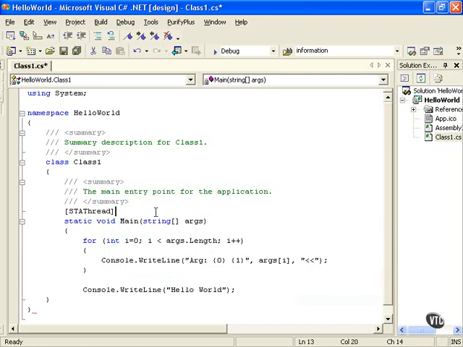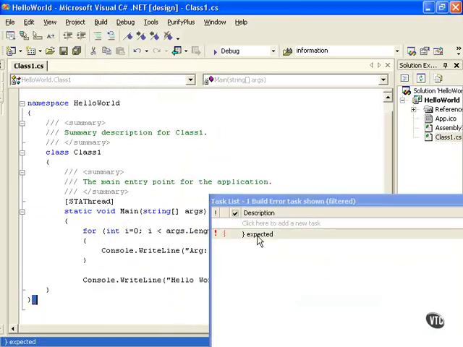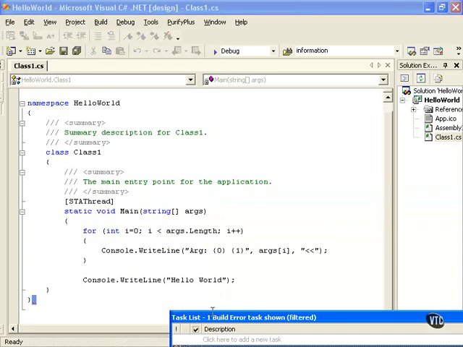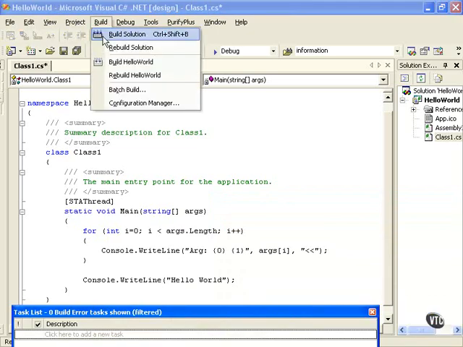Just like that. And very quickly, very easy, this is signaling that this is a single-threaded apartment, and this is what you would use for a console application. It's just an attribute here that you can just ignore for the time being, just to let you know what it does. So we build our solution, and it says, whoa, wait a second, we need another closing bracket. We can double-click on that error and see that we have to properly close our main function there, our main entry point. Now we can build again,